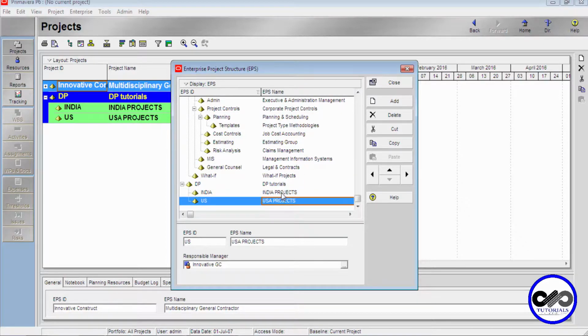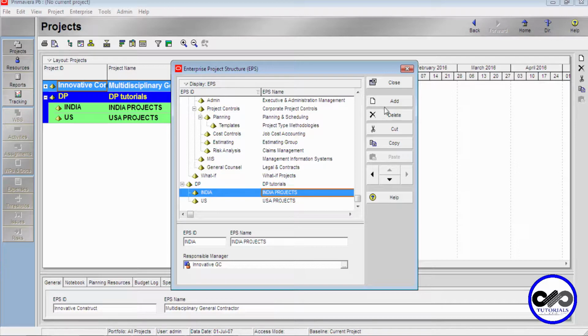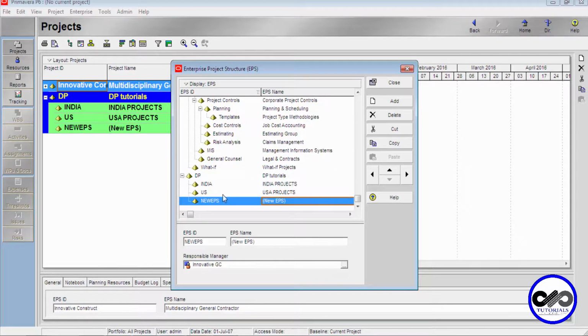Okay, now under EPS I would like to further add other nodes. Add. So if I add, it is going to the bottom level. So in order to get inside India, I'll be clicking on this, sorry, so I can't get in this one under the India node. So let's see how to do it.